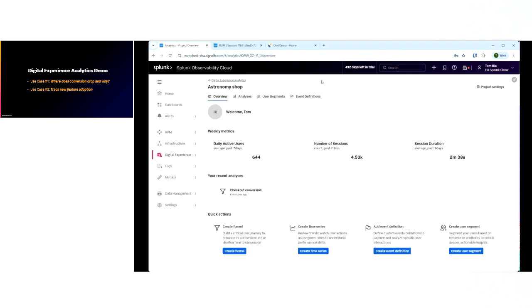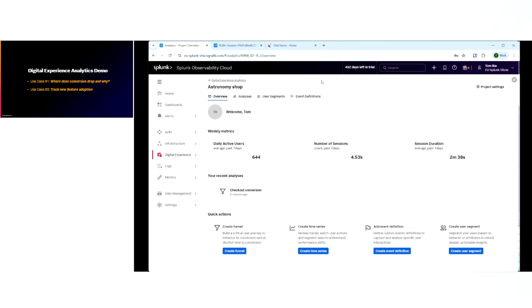The second one is about how we can easily track new feature adoption. As I mentioned, as a product manager, I'm releasing a new feature, or like that's the goal of many product teams, to actually bring some innovations to the product. Let's say that we have just released a new AI capability to our web pages, and I would like to show you how easily we can look into how this feature is adopted